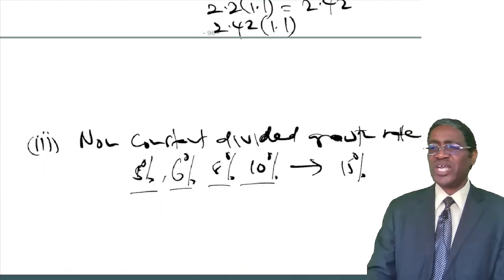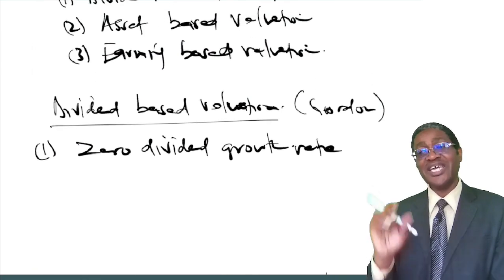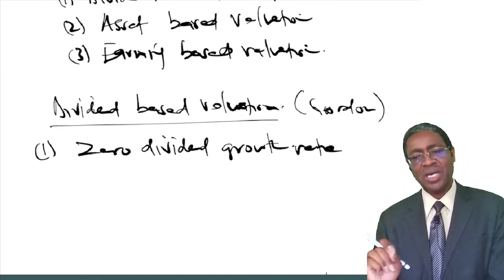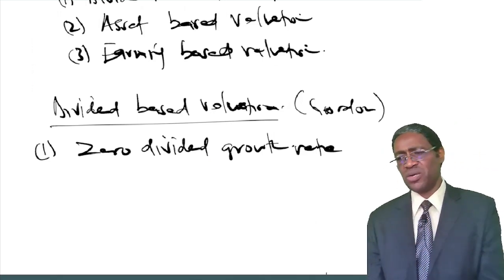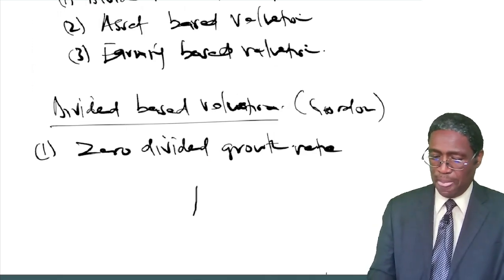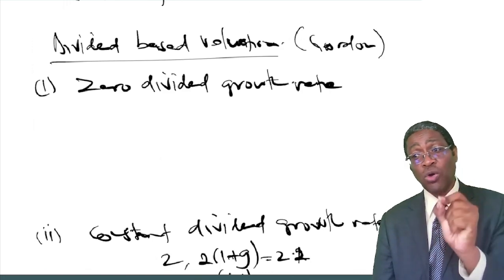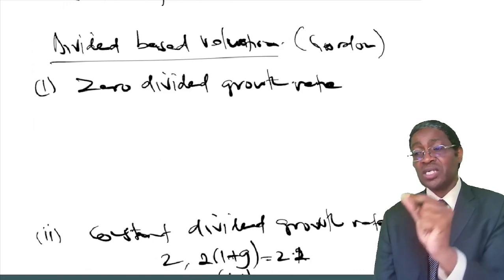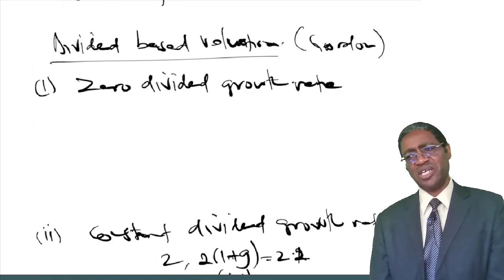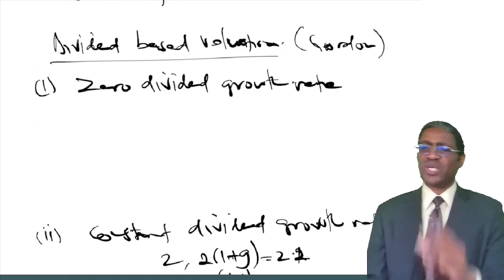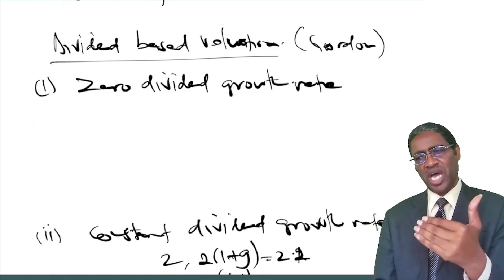So to get the value of the ordinary shares, you have to categorize the ordinary shares into these 3 categories. Let me go to the first category of 0 dividend growth. How do you determine the value of shares if they have no growth in dividend? Meaning the company pays 2 shillings, 2 shillings, 2 shillings every year as dividend. Now, to get the formula for computing the value of ordinary shares at 0 growth rate, I want you to